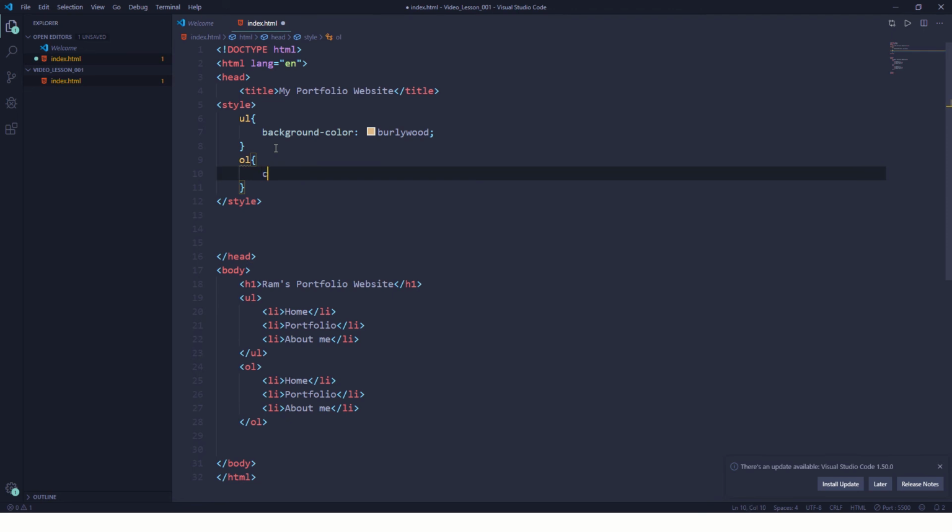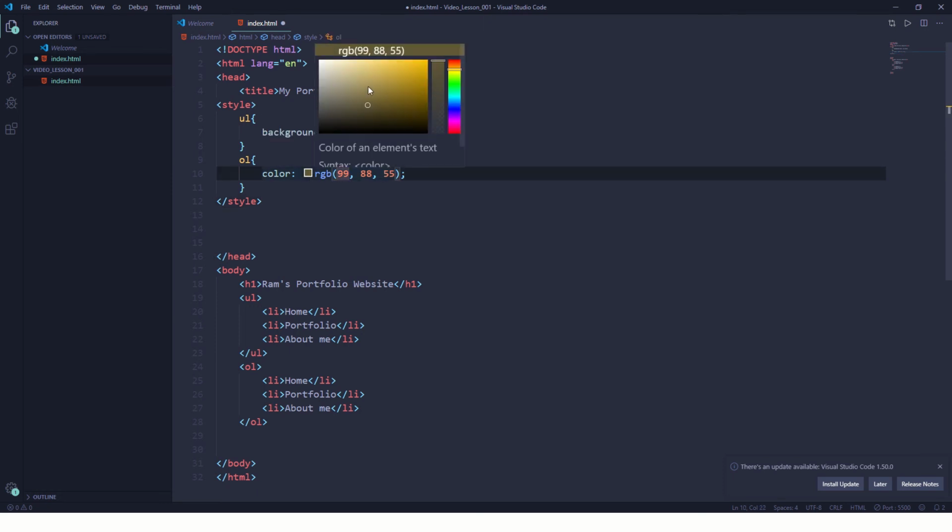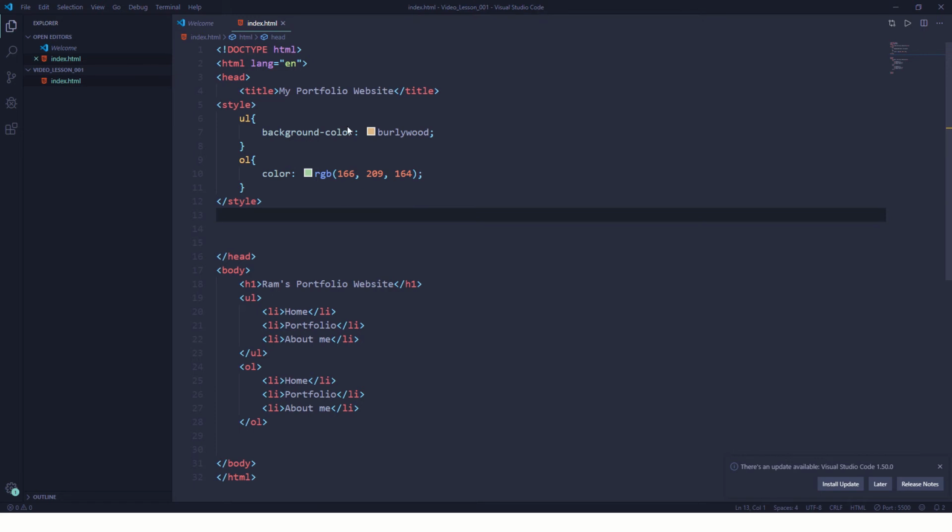Here, rather than background color, I'll just put color. Okay, let's see. And rather than choosing colors, we can put RGB. Okay, then 99, and green I'll put 88. It's a combination of colors. So this is what we get. But if I move my mouse cursor here, you can get this color. So let's take, I want this color, it updates. So save it, and if I come back here,